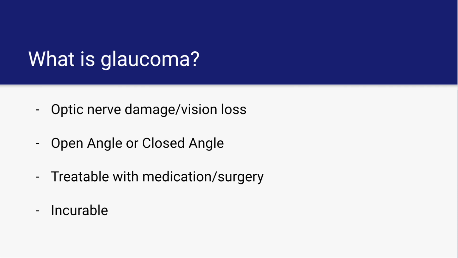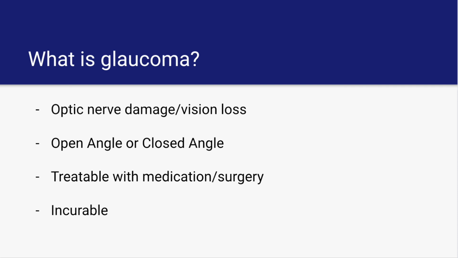There are various types of glaucoma, and they are often classified as open or closed-angle glaucoma. Open-angle glaucoma is when the chamber in the anterior angle is open, so that aqueous humor can flow out of the eye. Closed-angle glaucoma is when the angle is closed, blocking aqueous humor from flowing out. Unlike open-angle glaucoma, closed angle is less common but a more urgent situation since trapped aqueous can lead to quick